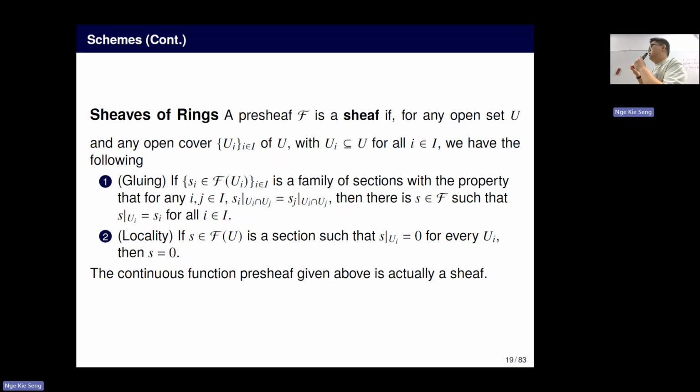Now with that, we go from pre-sheaves to sheaves. This pre-sheaf F is a sheaf if it satisfies some more nice properties: for any open set U and any open cover U_i, we have these two. The first is gluing. If you have a family of sections, where the U_i cover U, and from each U_i you take a section, and they always agree on the intersections, taking any two of them, then that means in some sense